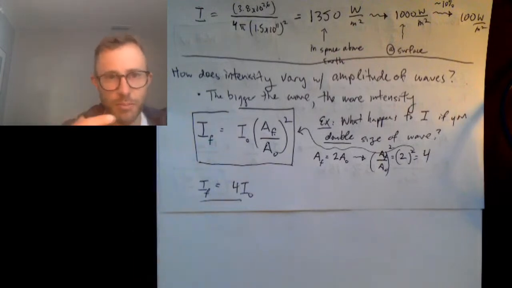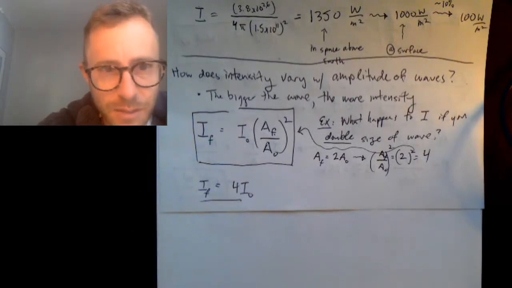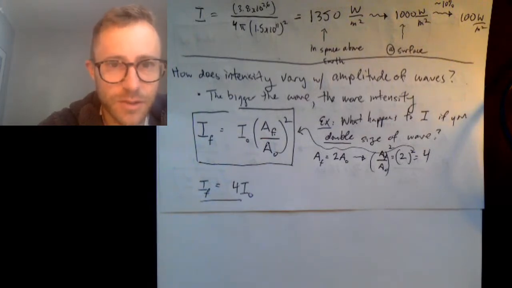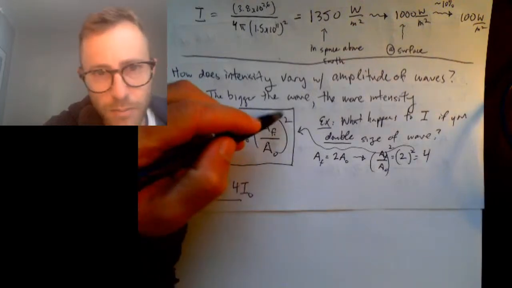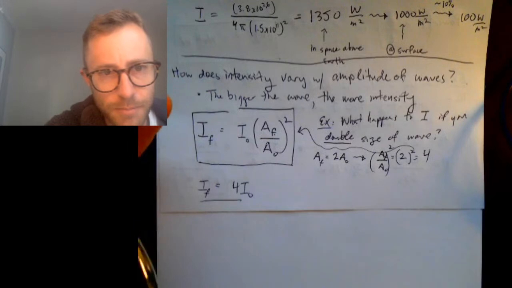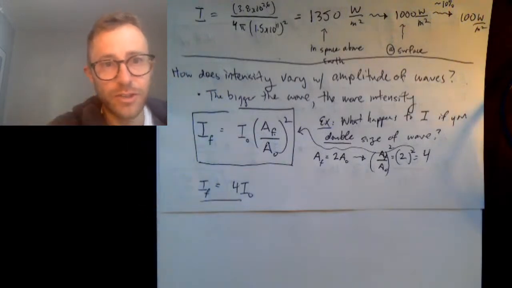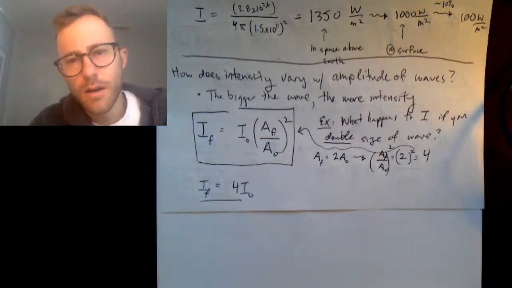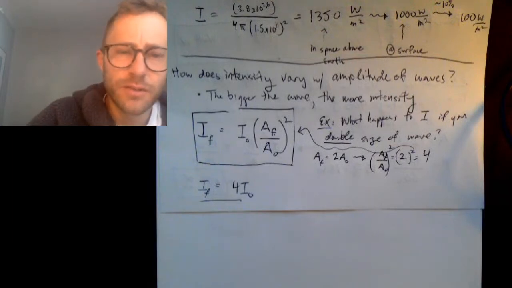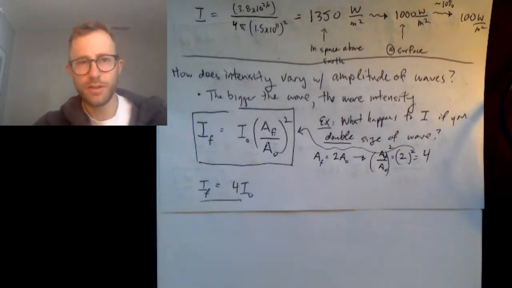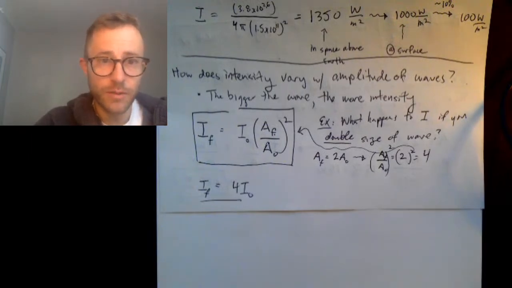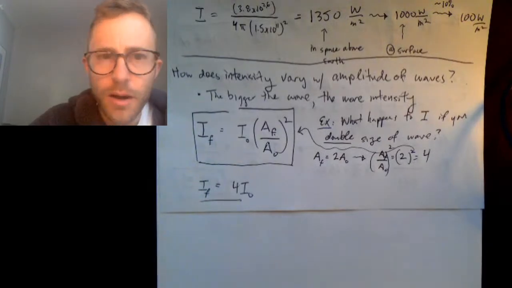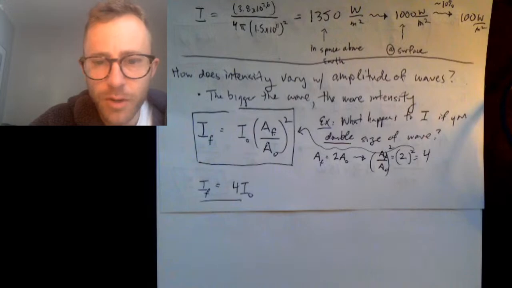And in fact, if you were to triple the size of the wave, you would get 9 times the intensity. If you were to quadruple the size of the wave, you would get 16 times the intensity. See, it depends on the square of the amplitude. So whatever change you make, that change gets squared. It gets sort of magnified, if you will. So the main things that impact intensity are the amplitude of the waves themselves and the distance from the source. Okay? So that is my lesson for today, and